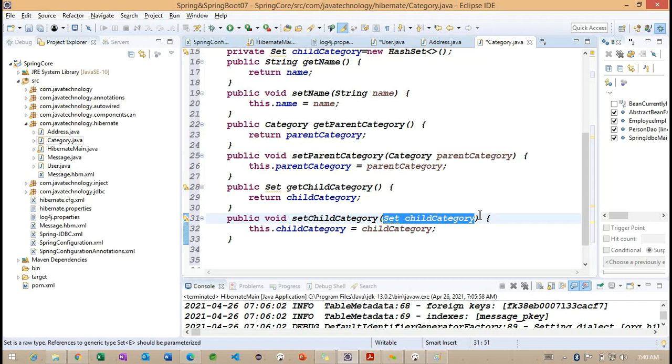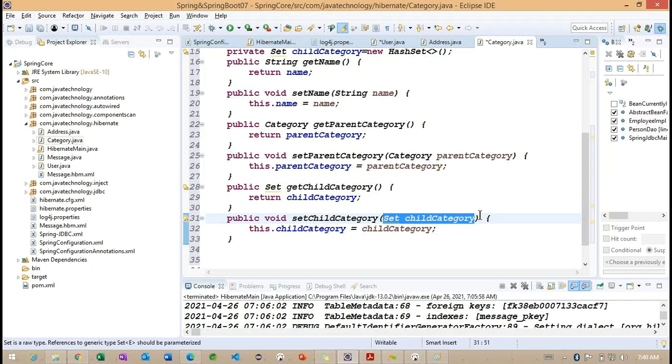So basically, when we are trying to work with this bidirectional operation here, we need two attributes. What are the two attributes we are having here? One is the parent category, and another one is the child category. The parent category will have a single value. As we explained here, the parent category object contains only one object. But what about this child category? We are going to have multiple. When we are trying to work with multiple values, we are going to work with this child category. Right. So this is a very important section we are discussing here.